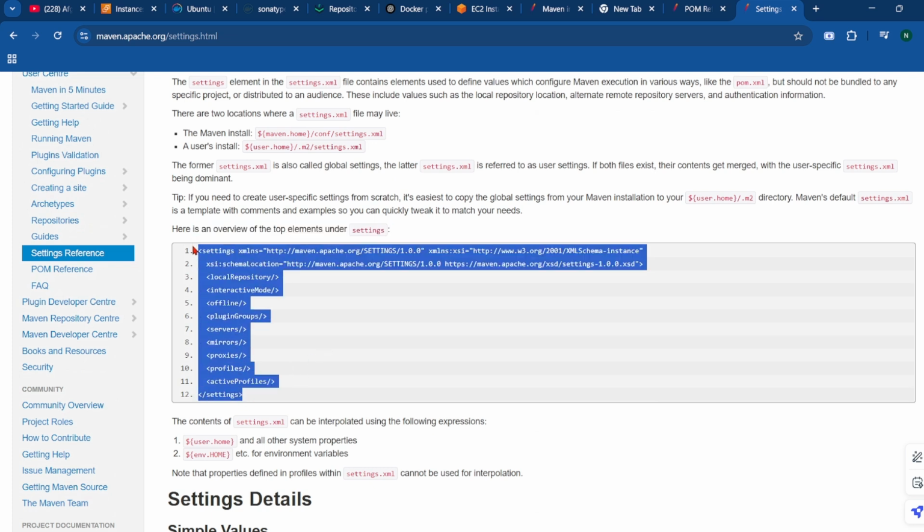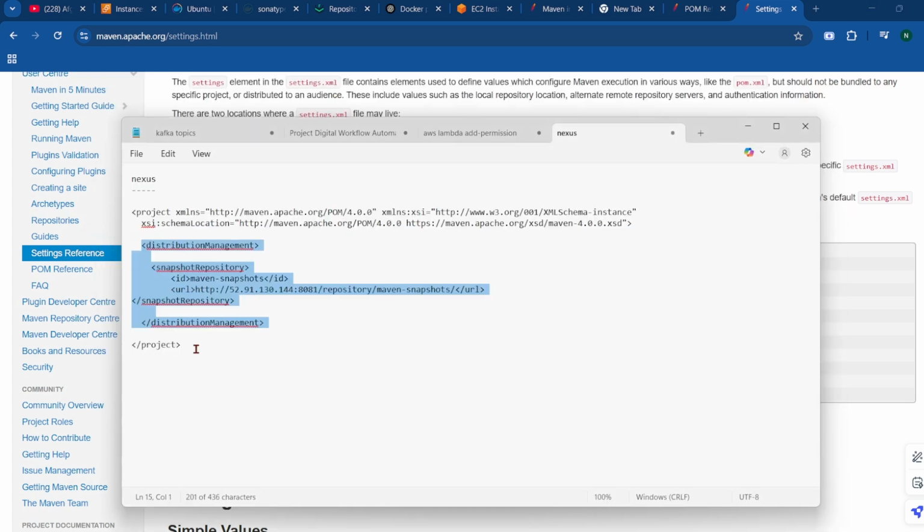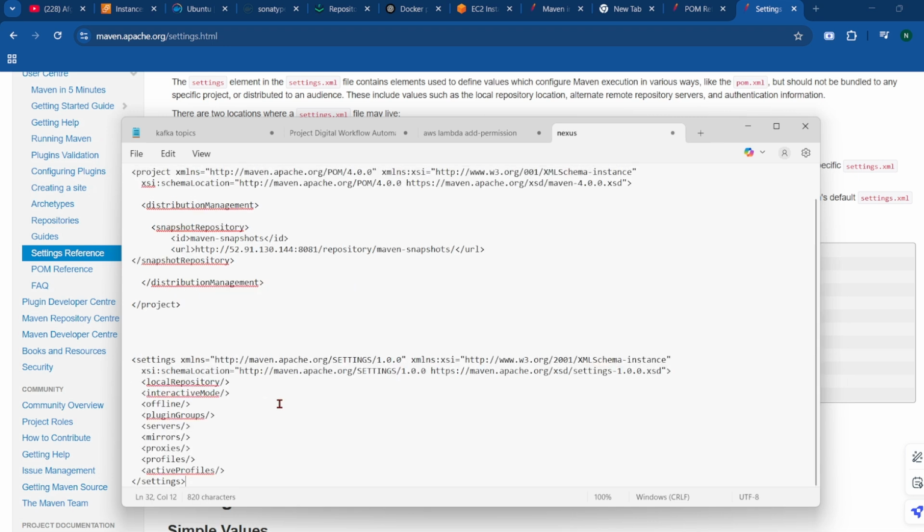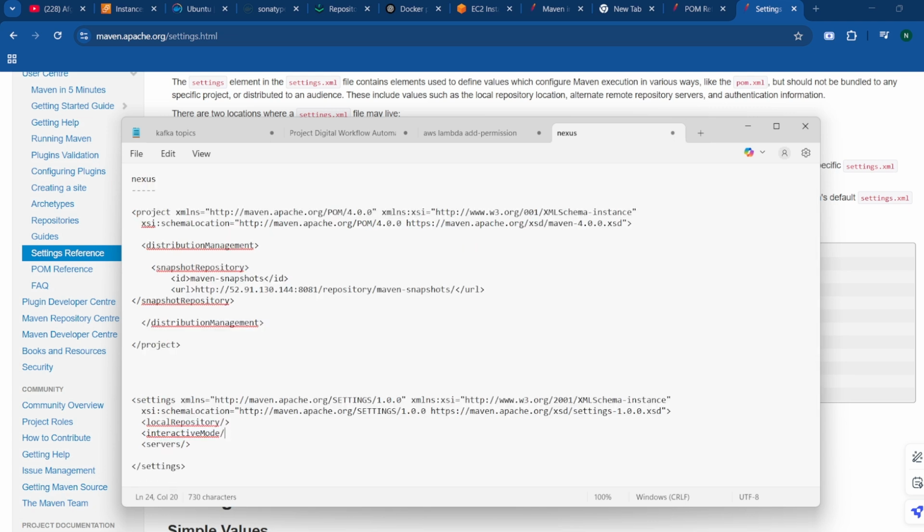So we don't require this much of things. We can customize it according to our needs as well. Here we only require one thing: servers. The other things are not required. Just servers. Under these servers,